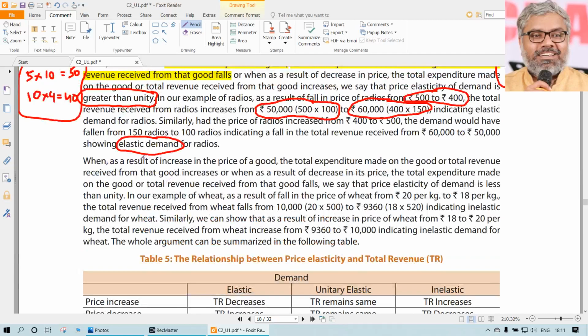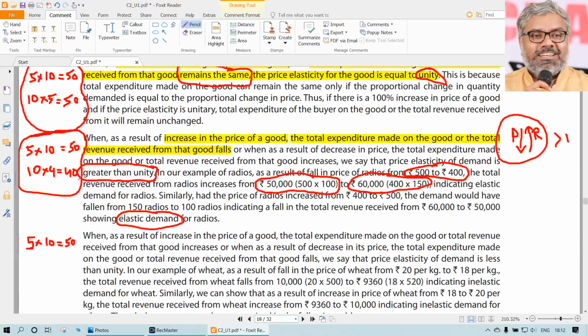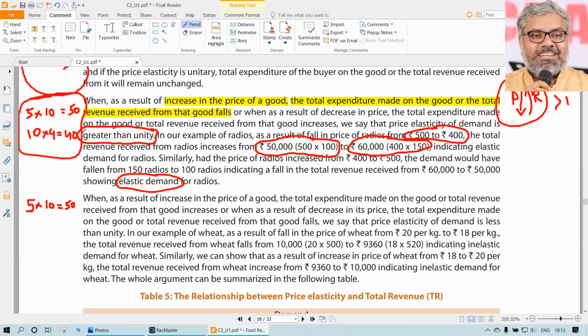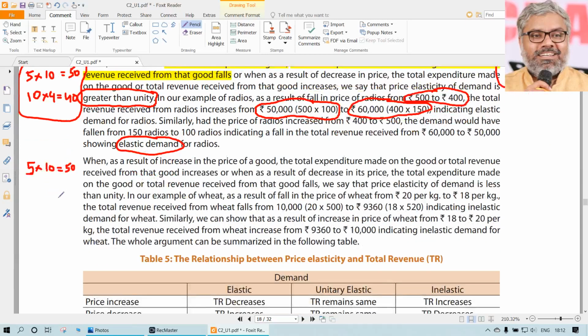Next, third category. Third category, what is happening? Same example we can take, then we can move on to wheat also. Let's first take an imaginary example. Let us say in the same way, 5 rupees is the price. At the current price, 10 units are going to be purchased. So definitely there is going to be 50 rupees of revenue currently. That current situation is the same example we are continuing in all the three cases. So first, this is unitary elastic, second is greater than 1 elasticity or relatively elastic situation, third is relatively inelastic situation. When can we call that relatively inelastic? It is this.